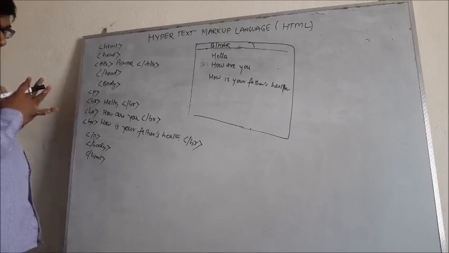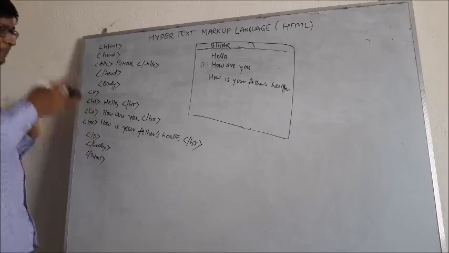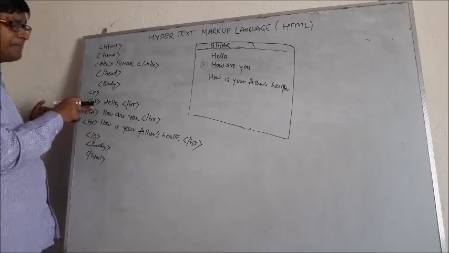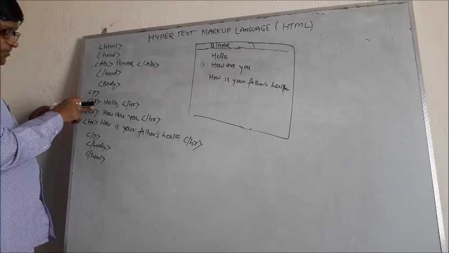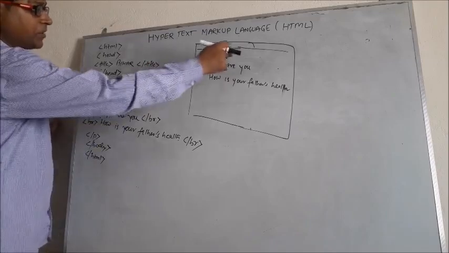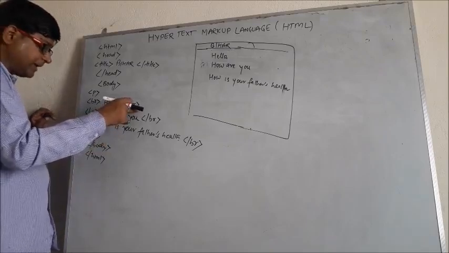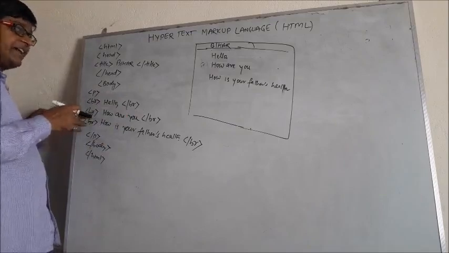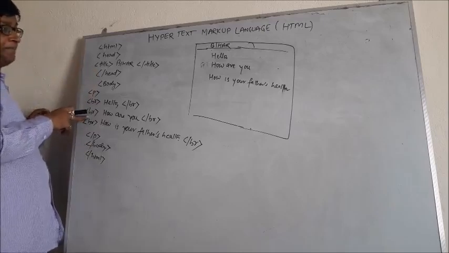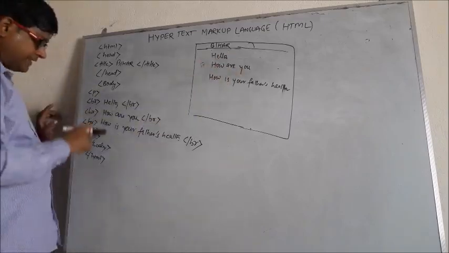Among the continuous content of characters or words, when we have to break it into separate lines, then we will put the BR tag. See, while we are using BR tags, what is going to happen? BR hello comma closing BR, means after hello, what will happen? The line will be changed, and once the line is changed, again for the next line you have to activate BR, right? And this is for the second line. What is the second line? How are you?